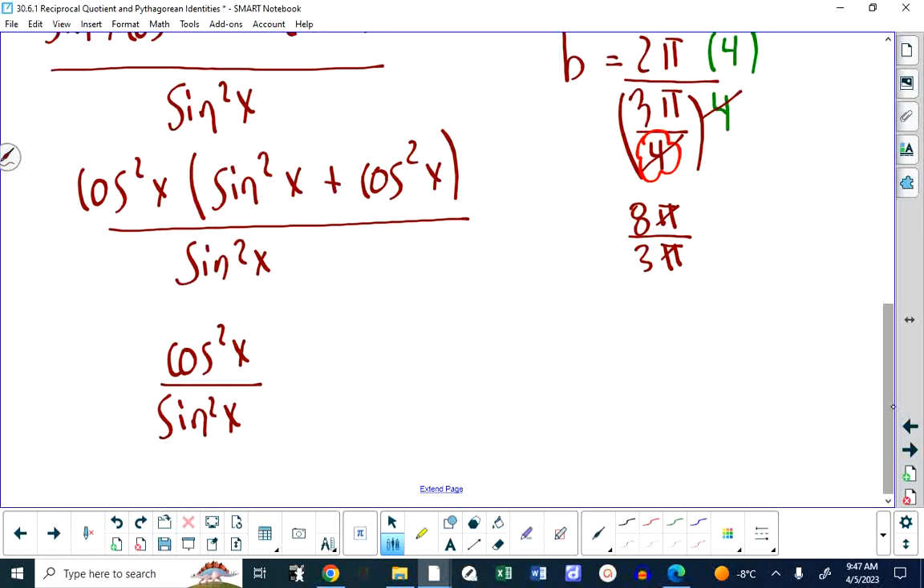I don't know what the question is asking us. I think the question probably says rewrite everything in terms of sine and cosine. Yeah, so we're done. Now, is there another way to do it? Well, I actually don't know, because